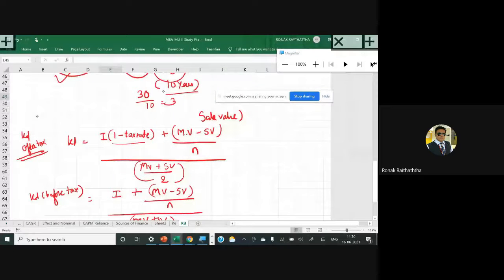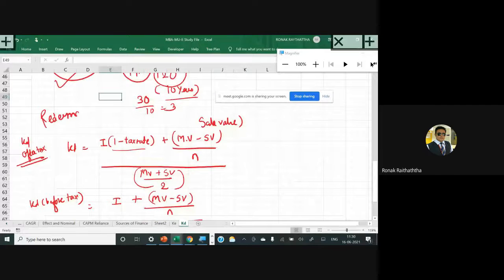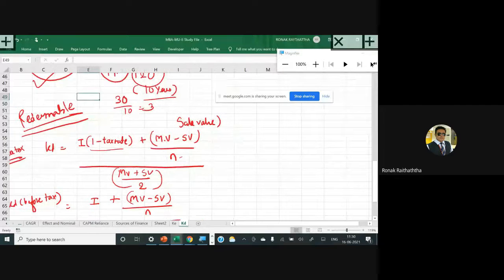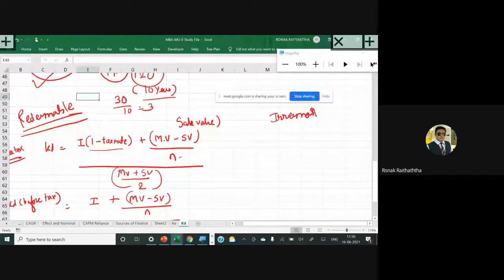That means they will be redeemed after a specific period of time, say 10 years, 5 years. Now N stands for the number of years, I'm denoting that everywhere. But when it comes to the irredeemable debentures, that means they will remain for the lifetime of the company. Now, how do we measure the lifetime of a company? It's perpetual in nature. No one knows when the company will get shut down. So it's perpetual in nature. So my friend, when it is perpetual in nature, again, the calculations become very simple.